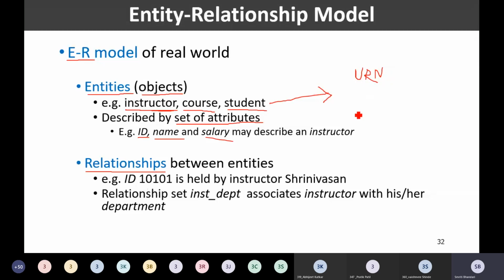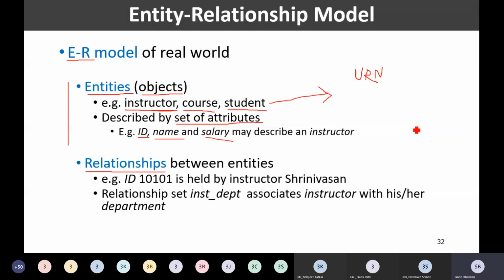Then roll number would be another attribute, name of the student one more, email ID one more, address one more, phone number one more. This is how we describe the entity student. All those, URN, roll number, name, email ID, are the attributes of the entity student. I hope you have understood the concept of entities.